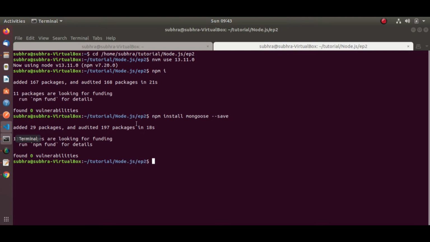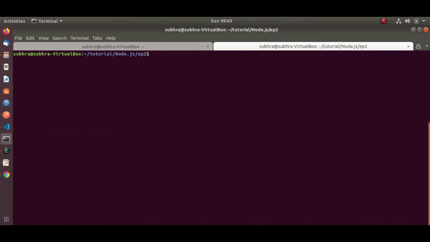Now let's start the server and check if the database is working or not. We can check whether the connection from Node.js to MongoDB is still happening. Same command as I showed you in my previous tutorial, npm start.